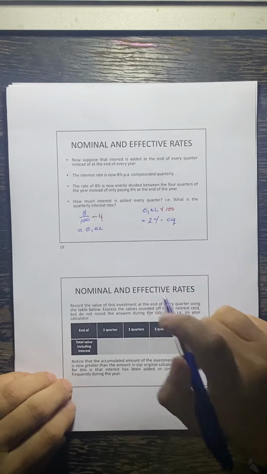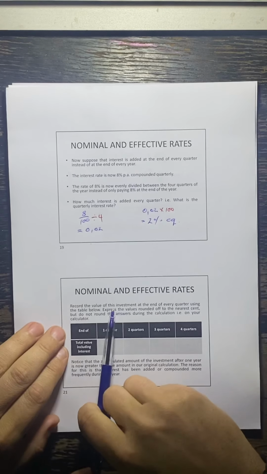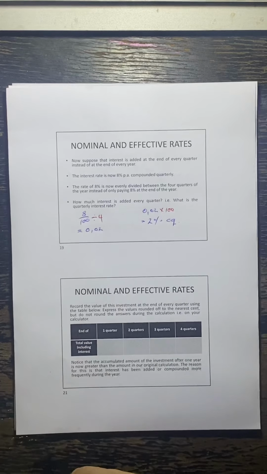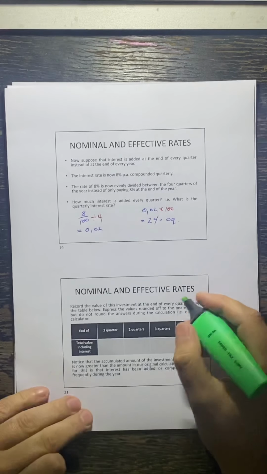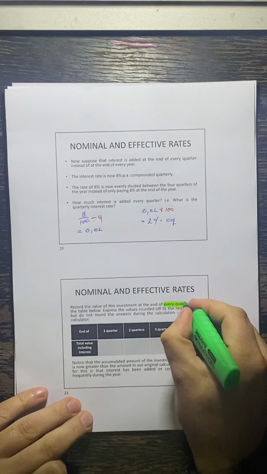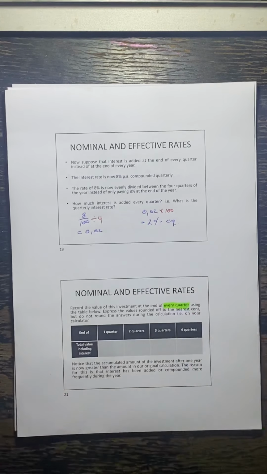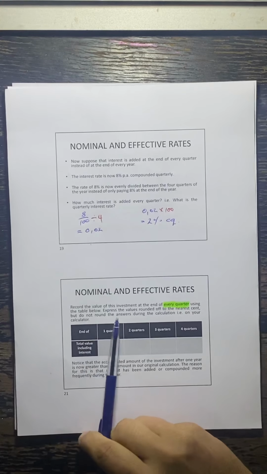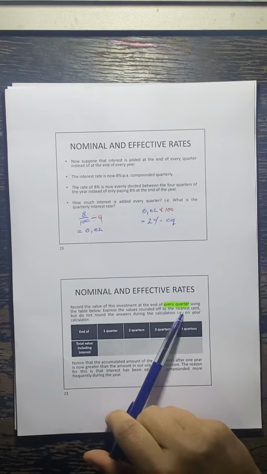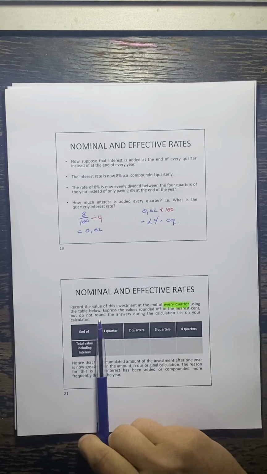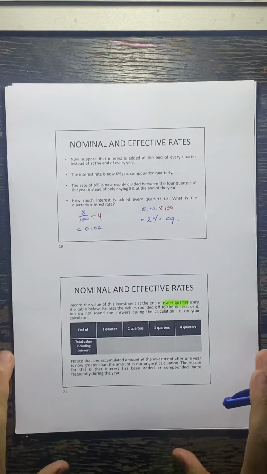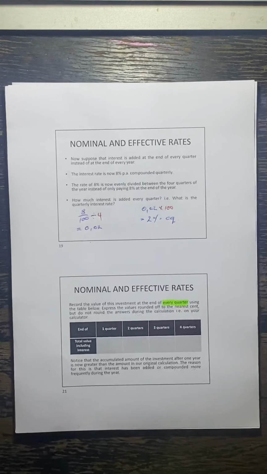Right, so let's have a look at the next one. So record the value of this investment at the end of every quarter. Now be very careful there, grade 11s. We are now compounding it every quarter, not every year or per annum. Okay. Using the table below. Express the values rounded off to the nearest cent, but do not round the answers during the calculation. In other words, on your calculator. So at the end of the first year,